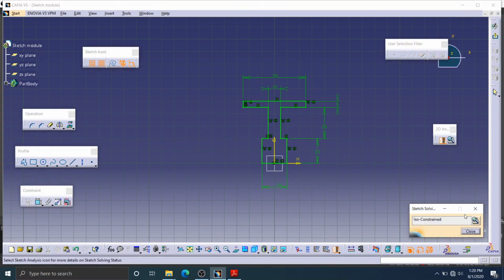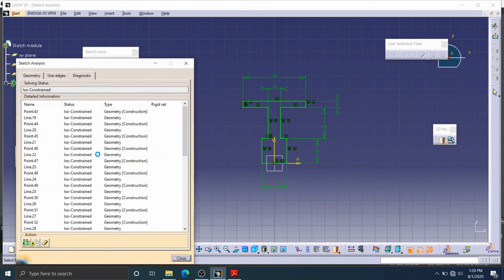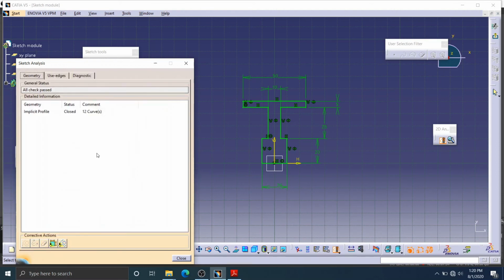If you check that option, it will show that all elements are fully constrained. And also this sketch analysis tool will tell whether our sketch is an open loop or a closed loop. If you go to geometry, you can see the status of my sketch is closed loop.